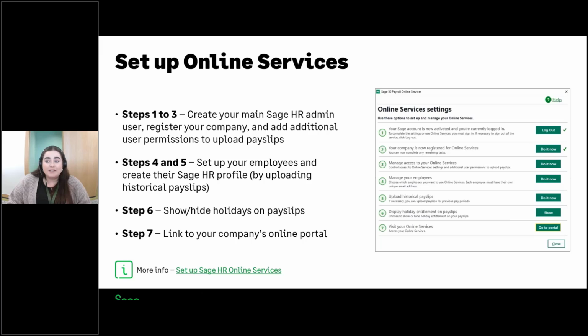So the setup process is a case of working through the 7 steps in the online services settings, which you'll find either in the company or online services tasks in your payroll. I would like to explain a little bit about each of these steps, and I'll follow that with a demonstration as well. So steps 1 to 3 are all about, step 1 is about creating your login for the